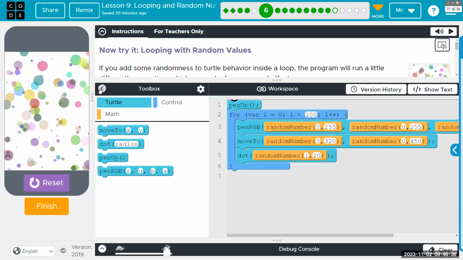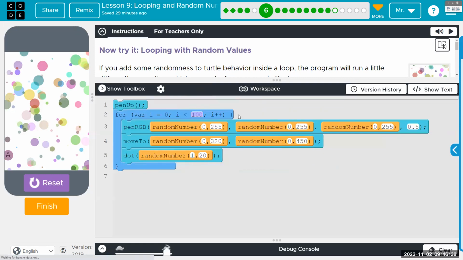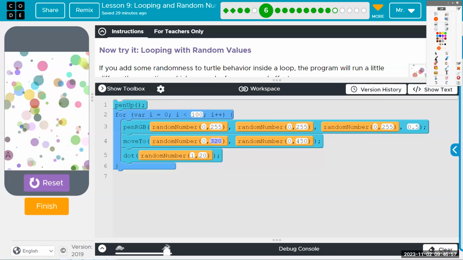Okay, you can see what it does. It has a loop. 100 times it will do the following. It sets the pen to a fully random color, full range of redness, 0 to 255, full range of greenness, full range of blueness, but half opacity. It goes to a random location using the full screen because 0 to 320. Okay, move to the first number